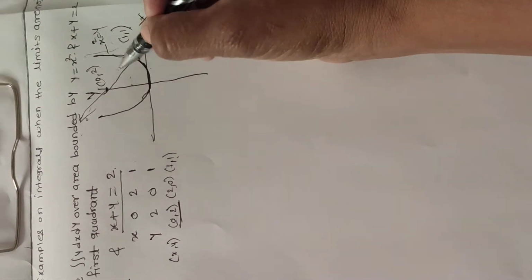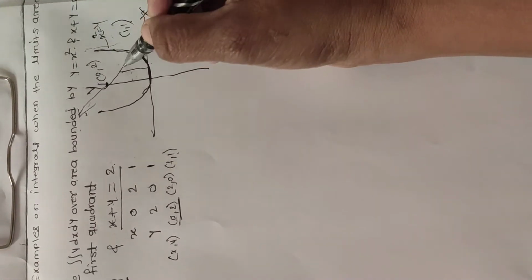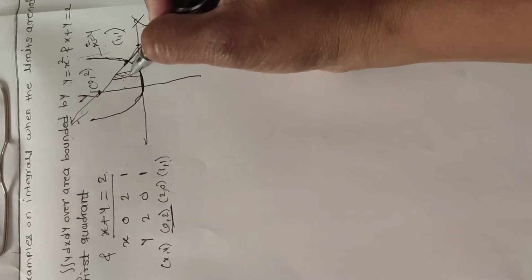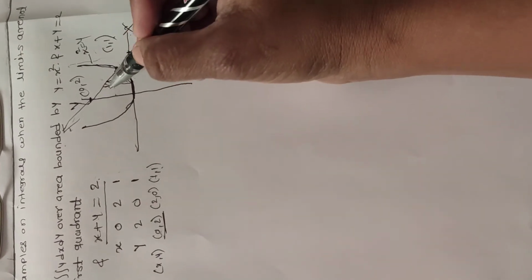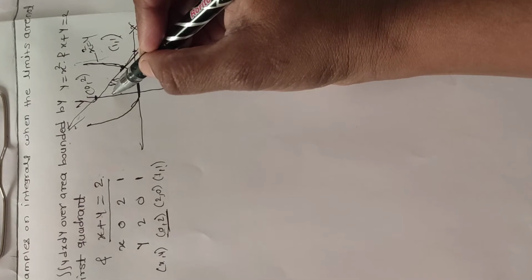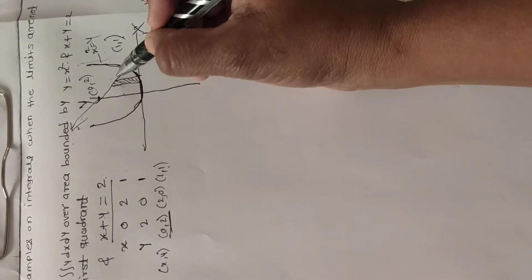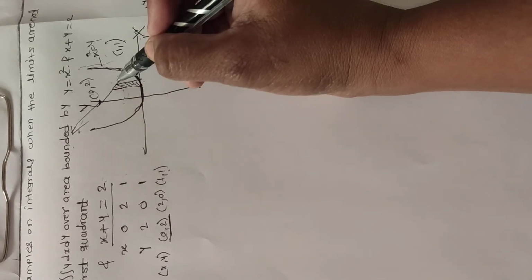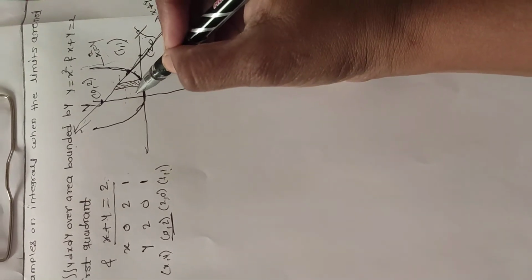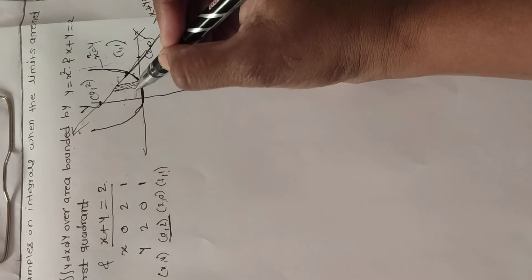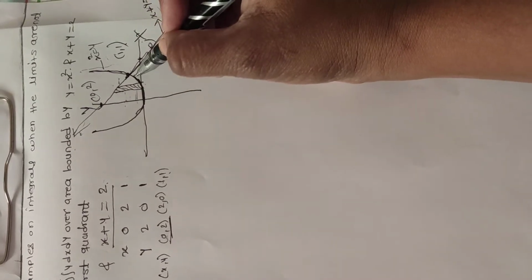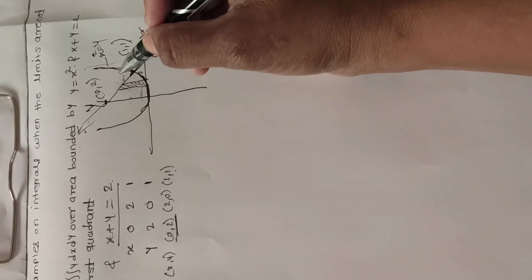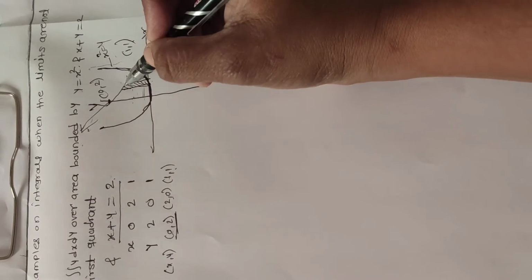Here I will draw a vertical strip for this example. Because if we draw a horizontal strip, we get two different limit points, so the ending limit is different. And if we draw the strip here, again we get a different limit, that means the upper limit is different. That's why we draw one vertical strip.